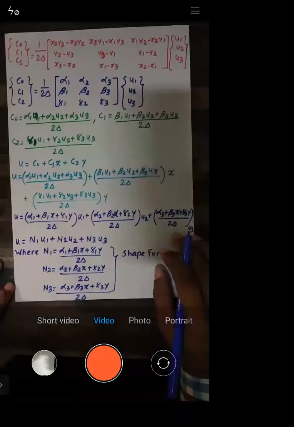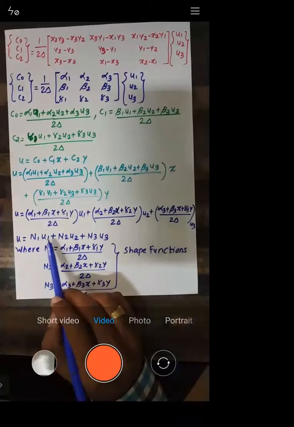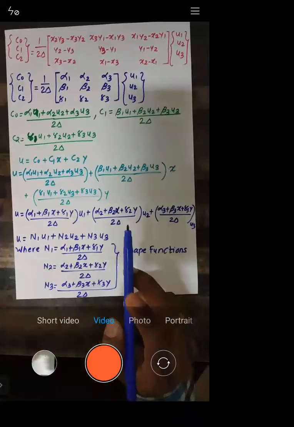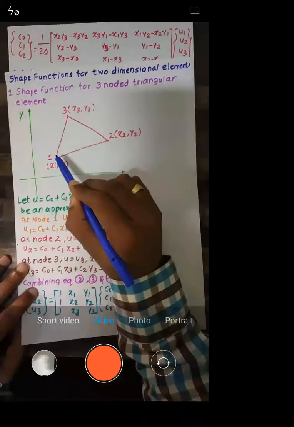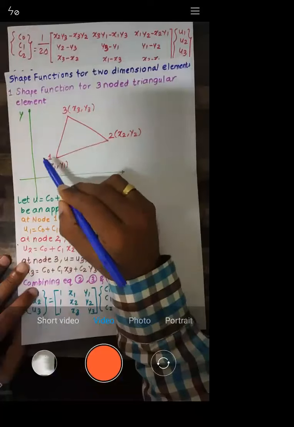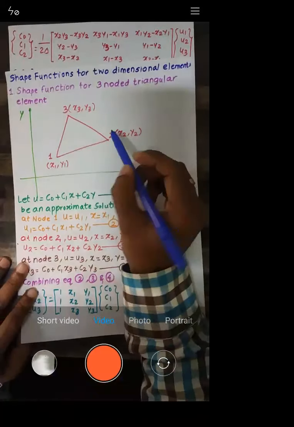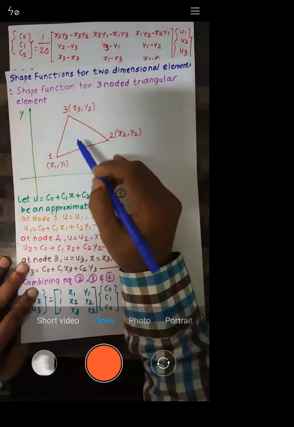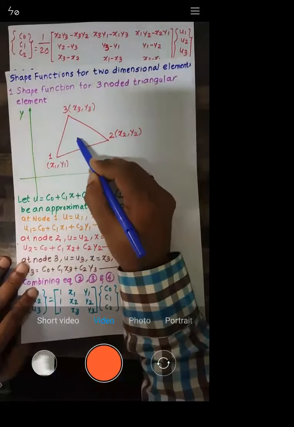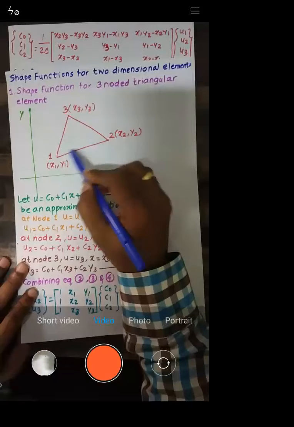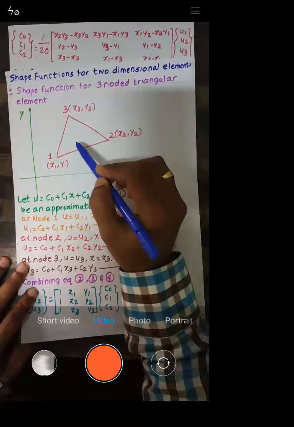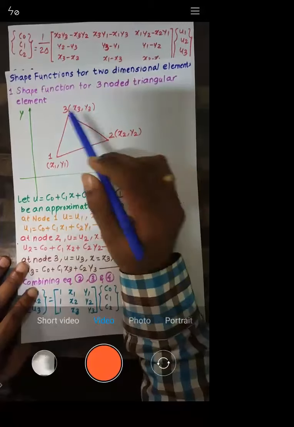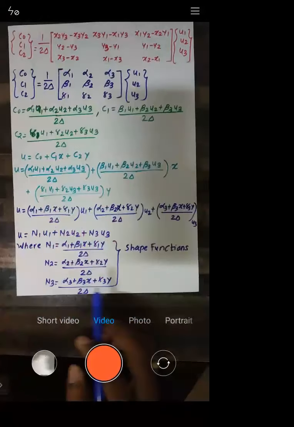So all of you, what is the use of this equation, u = n1 u1 + n2 u2 + n3 u3? As I told you before starting the derivation, if I give you the displacement at node 1, the displacement at node 2 and the displacement at node 3, and I ask you for the displacement at a particular point lying inside the triangle, then you can calculate it using this expression. In general, anything lying inside the triangle can be calculated this way if the values at the respective nodes are given.